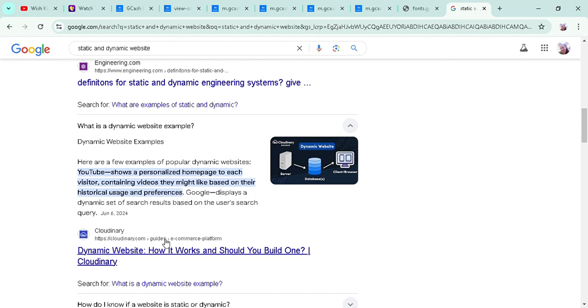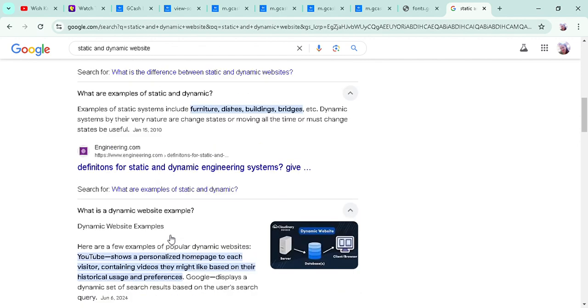You can search data when you use a dynamic website, while the static is a group of objects. For example, they cannot transfer to another. If you have furniture, you have a chair, you cannot transfer it into the dishes because it's a group of objects.